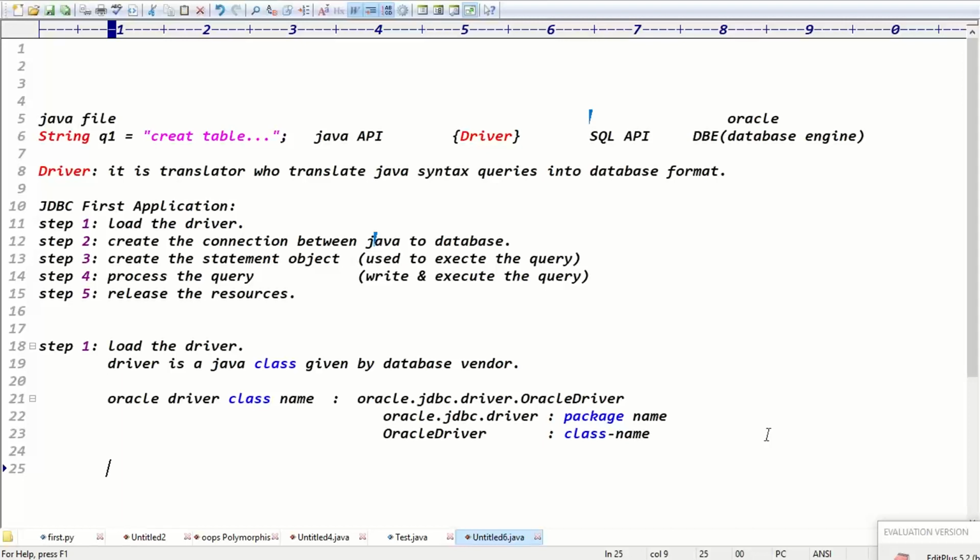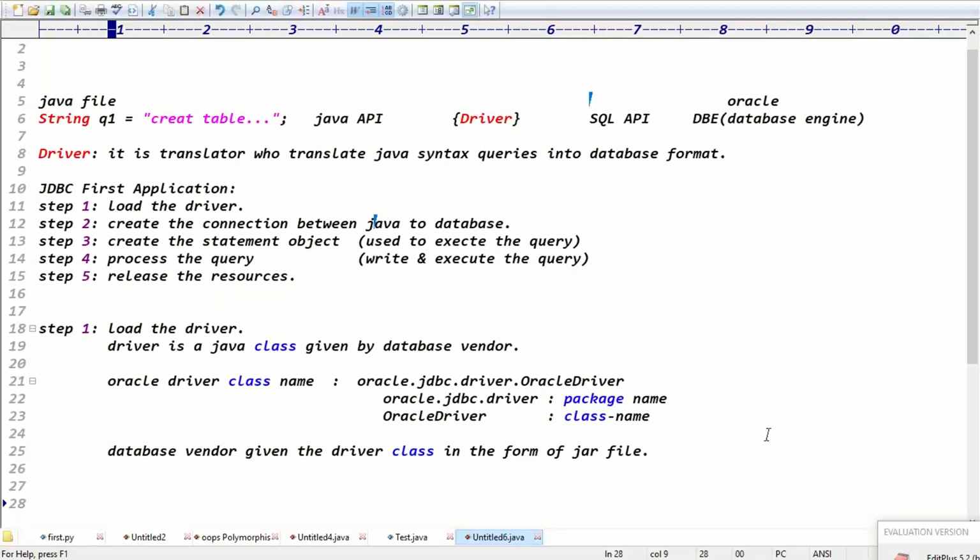Any database vendor, whether MySQL, Oracle or Postgres, gives the driver class in the form of a jar file.